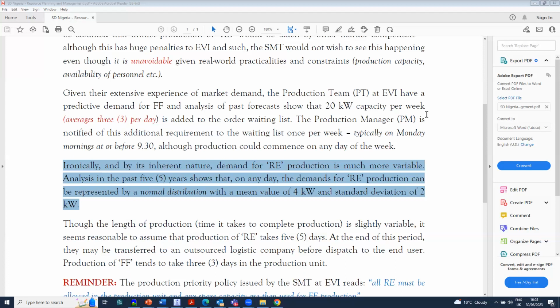But is that possible in practice? No. If you do that, you get 4 kilowatts, then the client who is bringing the work to you will say, we don't get 4 kilowatts every time. We don't get capacity for 4 kilowatts every time. We get 1 sometimes, we get 2 sometimes, we get 3 sometimes, we get 5 sometimes, we get 6 sometimes. Because of this standard deviation, what do we do? Where do we take it to? What would you say to them? That's what they get. Not every time, because they're not the one consuming this energy. They're taking it and giving it to somebody else. But the way the order comes is what I've just told you.